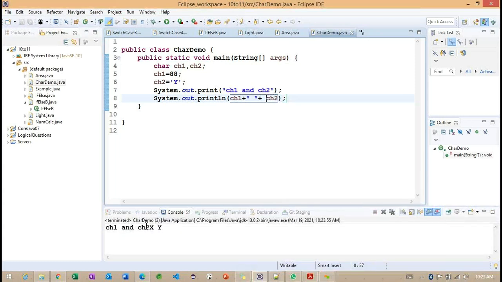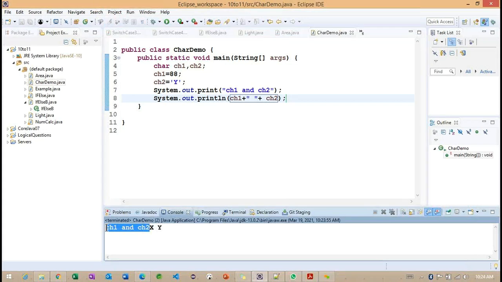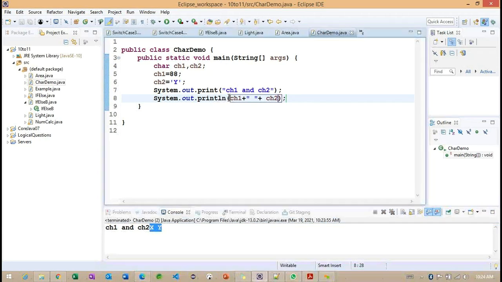If you observe ch1 and ch2, what values are we getting? X comma Y. Why are we getting X comma Y? Where did we define this X? ASCII value of 88. Yes, capital X, 88 is ASCII X. Good, so you have some idea. So where is this X coming from? Still having any doubts?